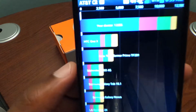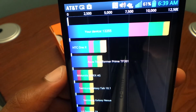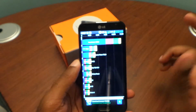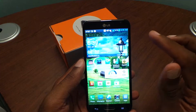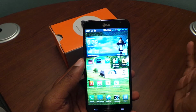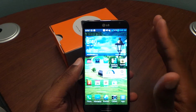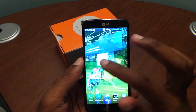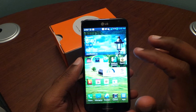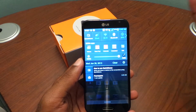Okay, we got finished with the benchmark, and as you can see, it's 12,225. So that's absolutely fantastic. Just as fast as Galaxy S4, HTC One, same specs on board as those phones, 2 gigs of RAM. Literally everything here is pretty much what you're going to want in a smartphone nowadays as far as high-end CPU specs and so forth. The only thing is, basically, do you like how LG's modified